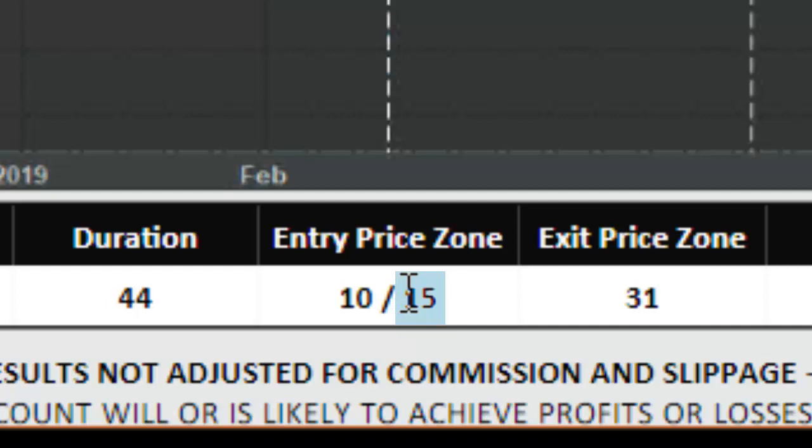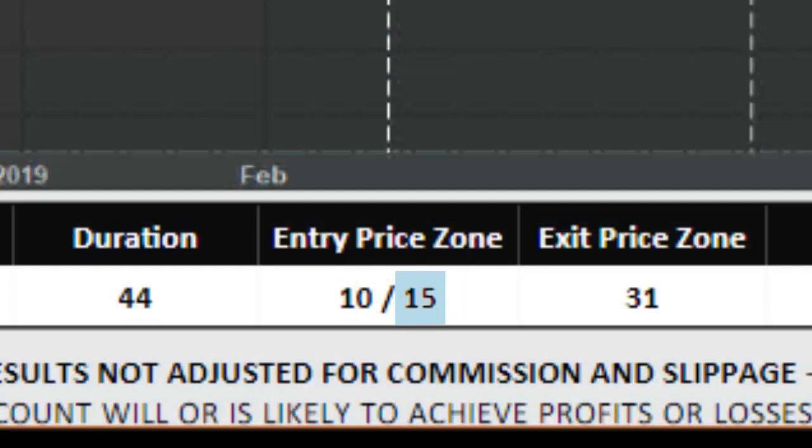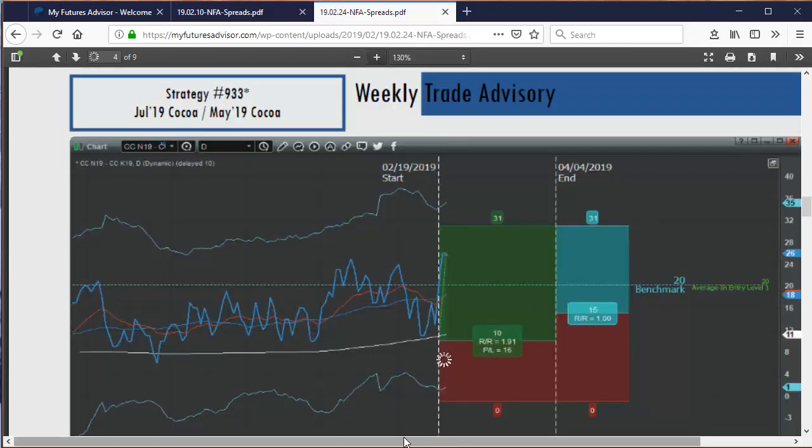Okay, so it's not saying get in at 15. It's saying get in at 10, get in at the average in entry level, and your average price would then be 15. So that's what that second number is for the average in, guys. And here's how it looks on the chart here. Let me blow it up real quick. You'll see that